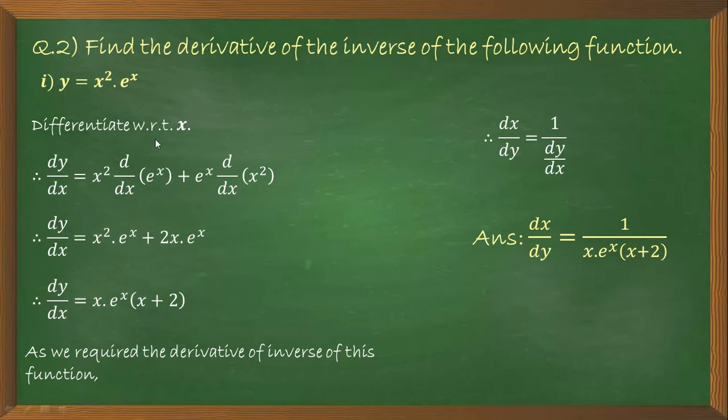Okay, so see this procedure, regularly you find out the derivative of this function with respect to x, you will get dy by dx. And how will you convert it into dx by dy? Just by taking the reciprocal, and dx by dy is nothing but the derivative of inverse function, because if y is equal to x square into e raised to x, that is y is equal to f of x, then x is f inverse y, that is inverse function. So dx by dy is the derivative of inverse function. Okay, remember this type of question.